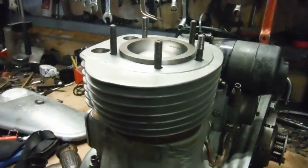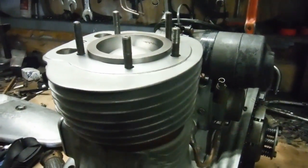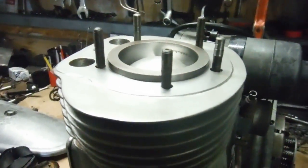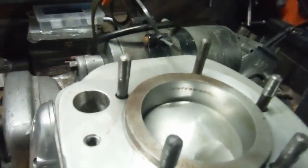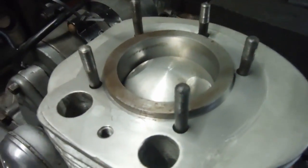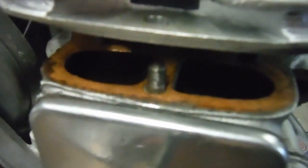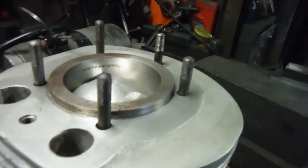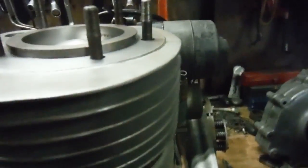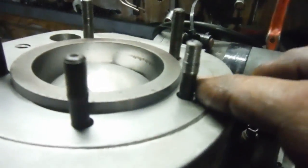Well, it's probably taken me a couple of hours messing and fiddling about, but I finally got this cylinder barrel to fit the engine and go all the way over the 5 barrel and head studs and over the little stud that comes up from the tappet chest as well. And I've done so basically by concentrating on this barrel stud hole here, and obviously this one here, which now